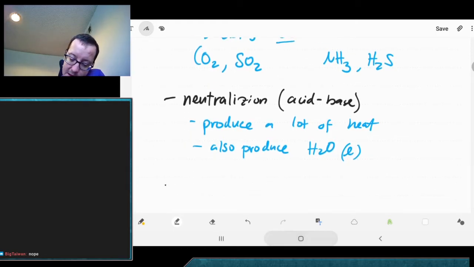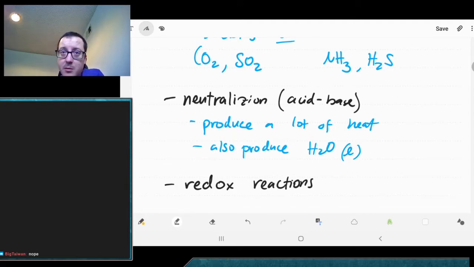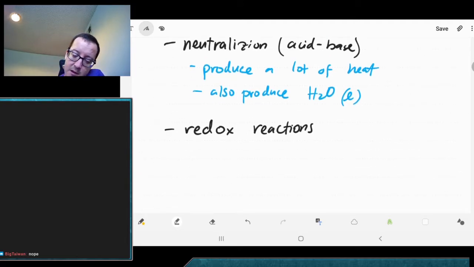And the last one we see is going to be a color change. Actually, let's classify that a little bit separately. We'll call these redox reactions. We'll probably talk about those tomorrow. I don't know if we'll start that today. That just means electrons are transferred, and that typically presents as a color change,